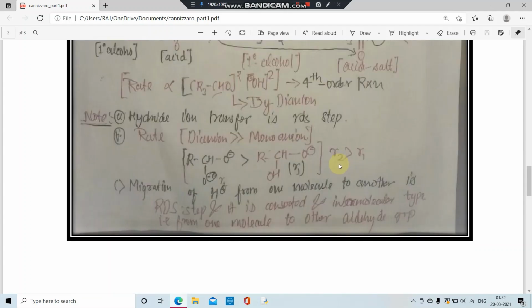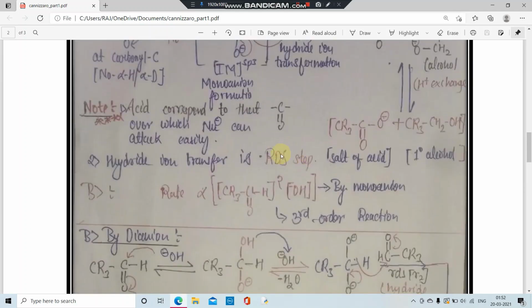Okay. So in this lecture we have studied the Cannizzaro reaction. What are the important points of the Cannizzaro reaction? Just remember, there should be absence of sp3 alpha hydrogen or deuterium in the Cannizzaro reaction. What are the products of the Cannizzaro reaction? There are two products: one is an acid and another is a primary alcohol. Which do not give the Cannizzaro reaction? Ketones and aldehydes containing sp3 alpha hydrogen or deuterium do not show the Cannizzaro reaction.